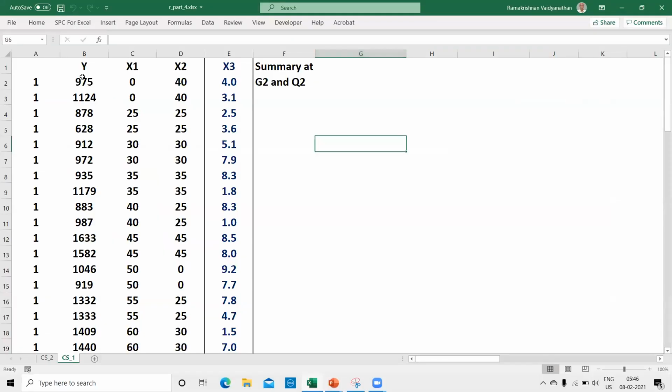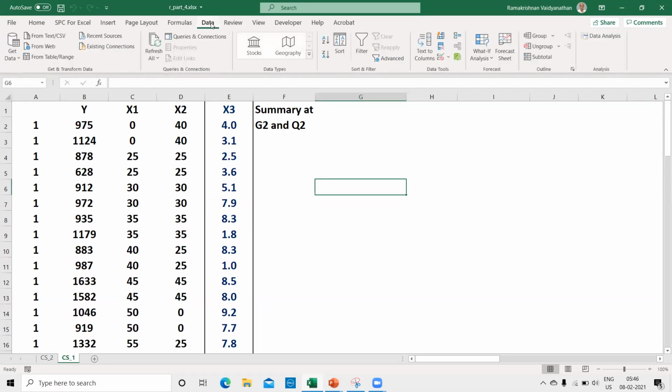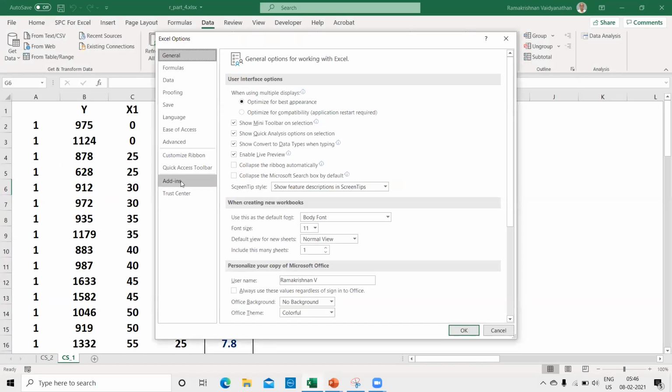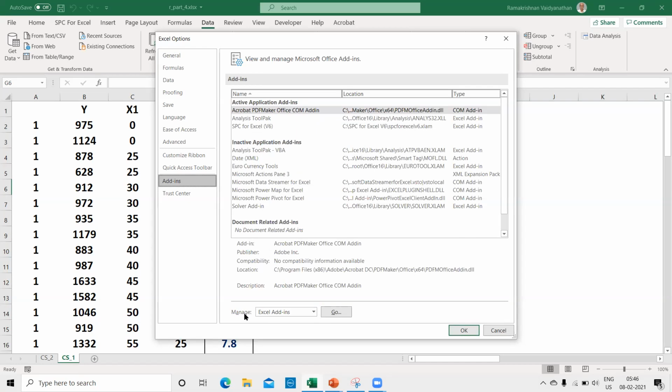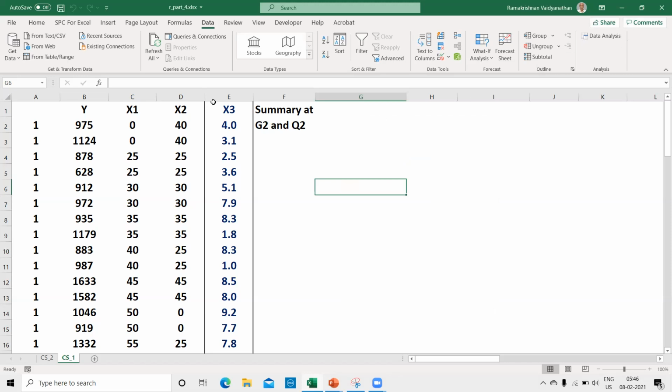See, these are the data, Y data. I'm going to get this home, I'll just pin it here. And then click here, data. So you can see here data analysis. If the data analysis is not shown here, what you should do is go to the file, go to the options, then go to the add-ins, and you can see here at the bottom, Go is there. So manage Excel add-ins, click Go. Then here you see analysis tool pack, click that. You have to click this, and then you have to click OK. Data analysis will come here.